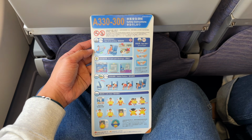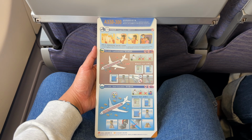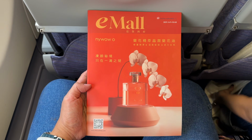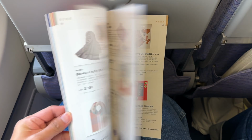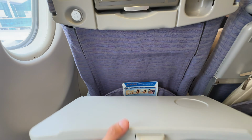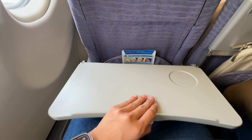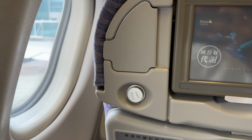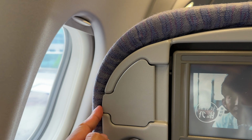In the seat back pocket, you'll find the safety card, the Sky Boutique duty-free magazine, and another e-mall shopping catalog. The tray table is wide and slides back and forth, though it doesn't fold in half. On the leftmost corner, there's a coat hook, a vanity mirror,